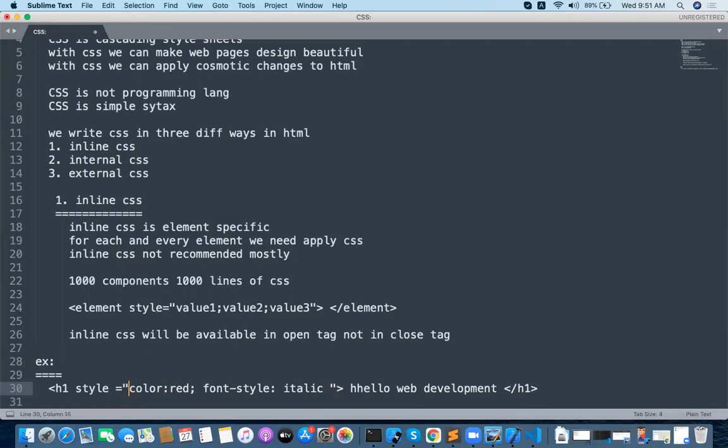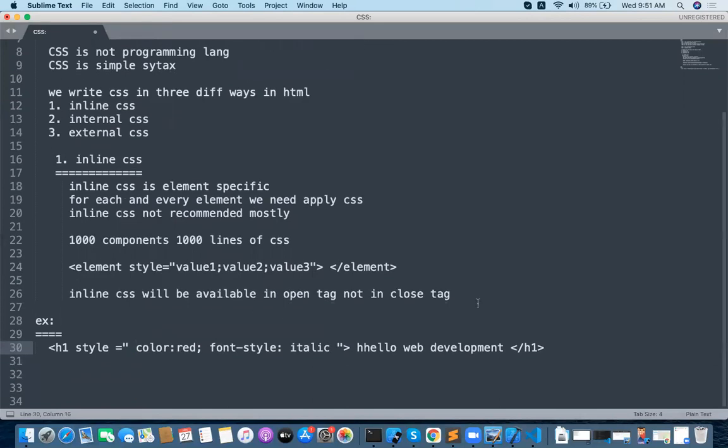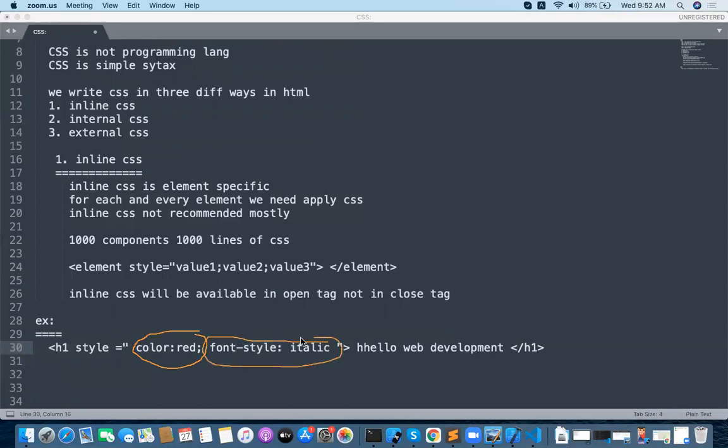We are writing a style attribute, but the attribute has many values here. The first value we are writing is the color value. This is the first value you are applying, and each and every value is separated with a semicolon. But for the last value, don't put a semicolon. If you put a semicolon, it's not a problem, but it is not required. All the values are separated with a semicolon.